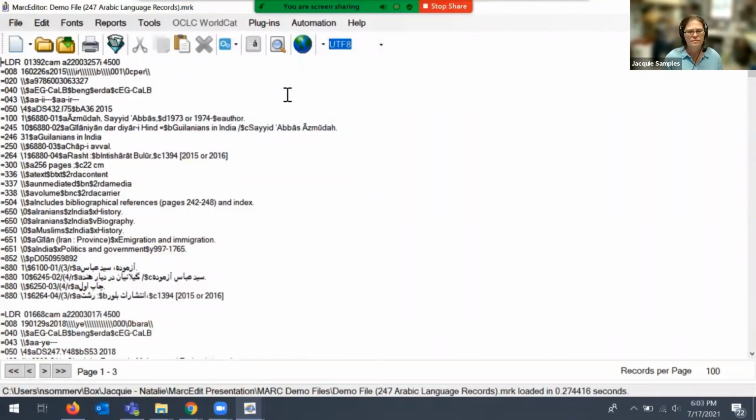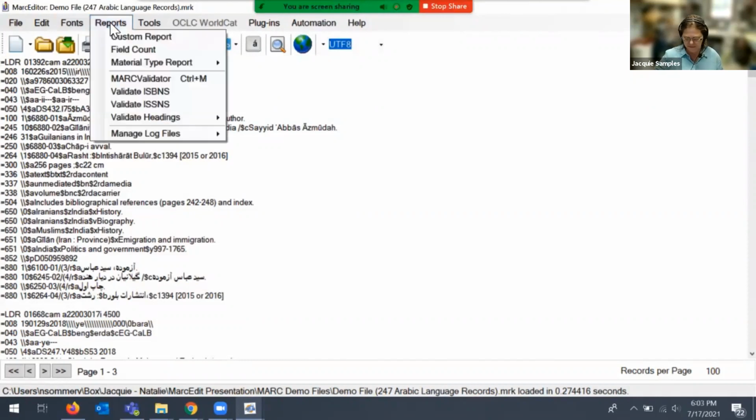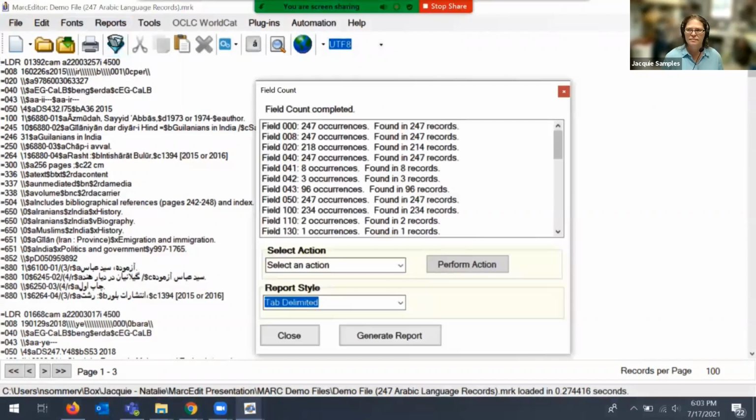I also, at this point, use the reports menu, the field count option, to make sure that fields that are critical for successfully loading my file are present. So for Duke, that means a match point, so that files of records from our print outsourcing vendors match our acquisition level records in the ILS.